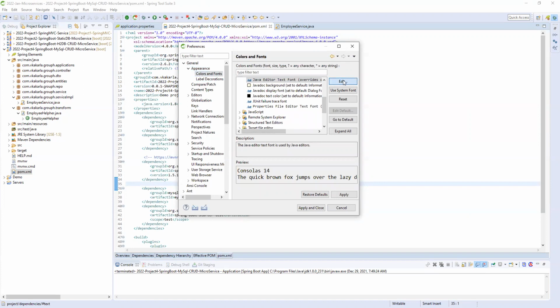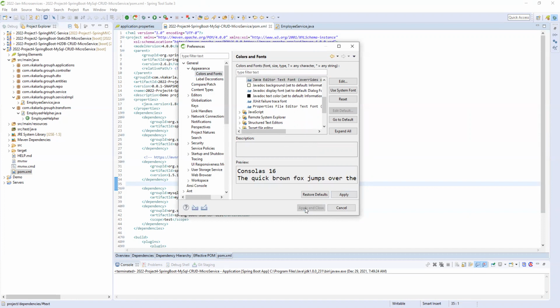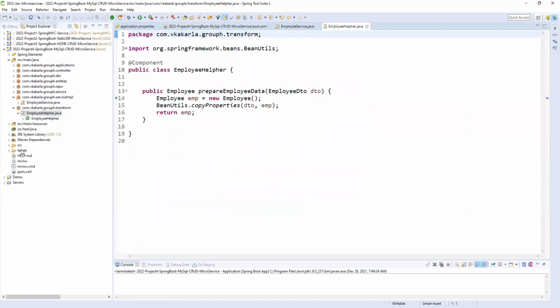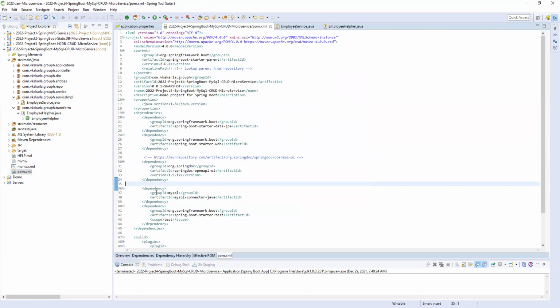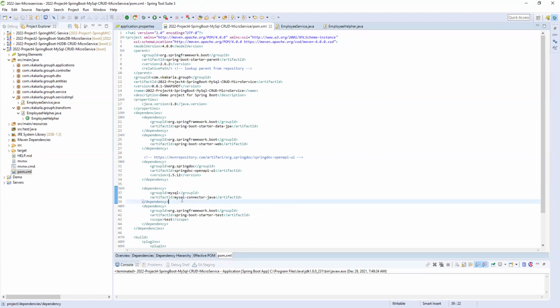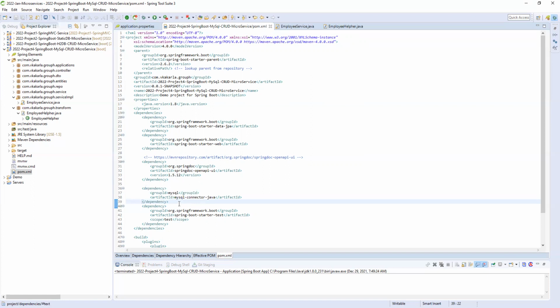In the pom.xml, if you want to connect to a MySQL database, you need a MySQL connector. Because each and every database is from a separate vendor, they have their own driver classes to connect to the database. Previously we had an H2 database related dependency. Now we have a MySQL connector to connect to the MySQL database.